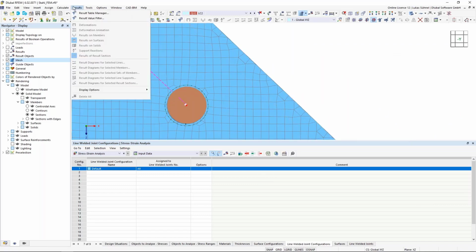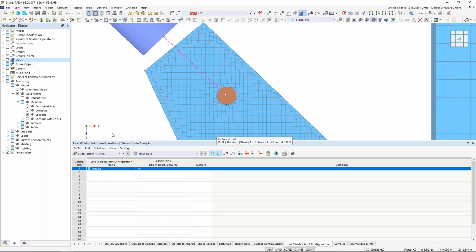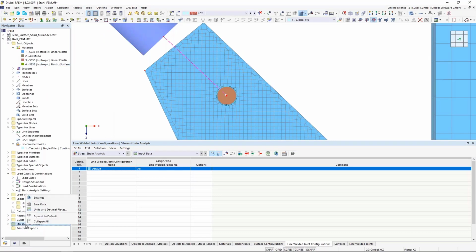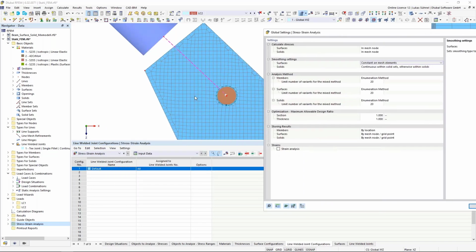This setting under calculate result smoothing is for the results of RFEM 6 itself. We have the same setting in our stress strain analysis add-on. So if I go on the bottom left, stress strain analysis settings, I can also select it for this add-on, which I'm doing here. So now I can recalculate the results,